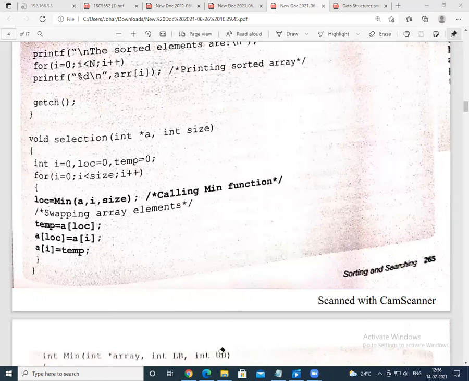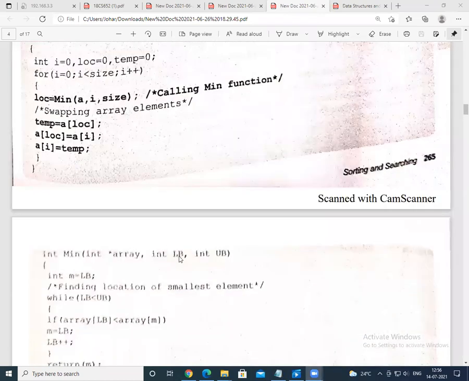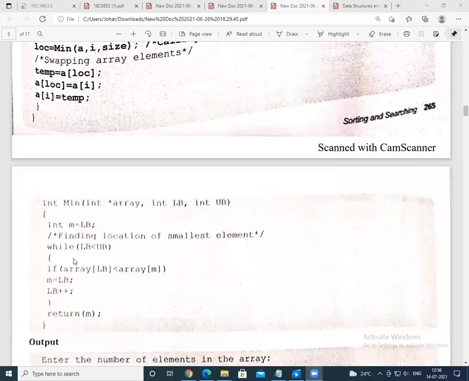Size will be UB, so size equals N. This LB goes on changing in individual iterations. For the first iteration, A of 0 to A of 5. Next iteration, A of 1 to A of 5, A of 2 to A of 5, A of 3 to A of 5. As the for loop goes on proceeding, it identifies the minimum element in between for individual iterations.